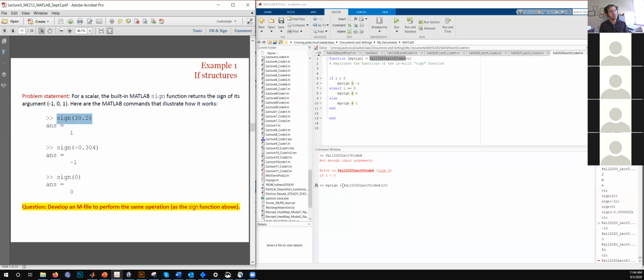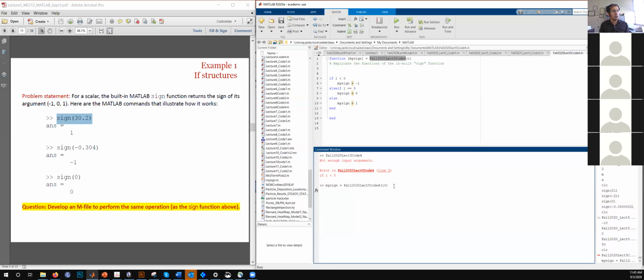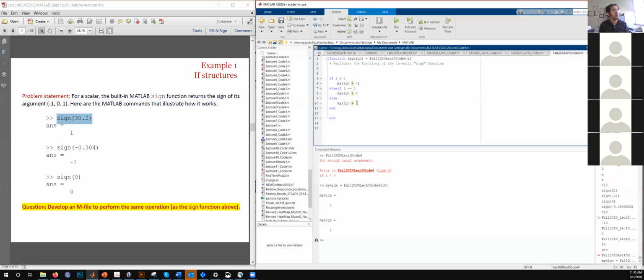So instead of this sine function, we have developed a new function, which is this function, fall 2020, 5, code 4. So once we try this, okay, my computer has frozen. Yeah. So once we assigned this number 10 to the function, the my sign was 1. And since I already have this without semicolon, it did the output twice. So let's fix that. Let's save this again.